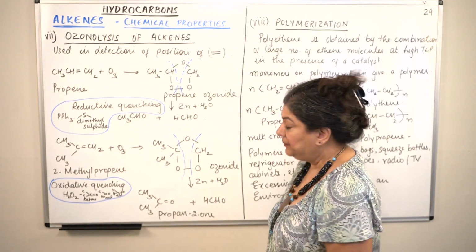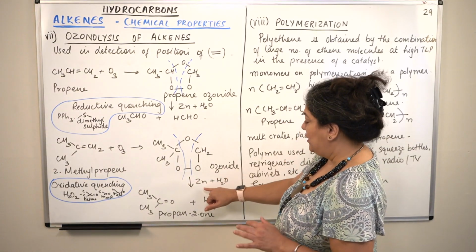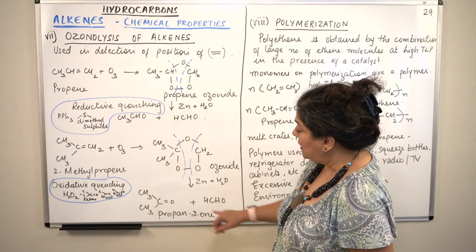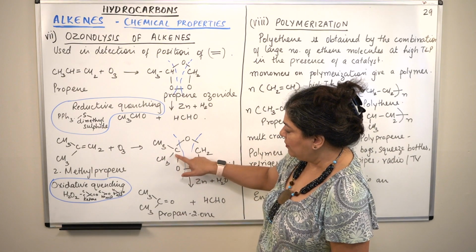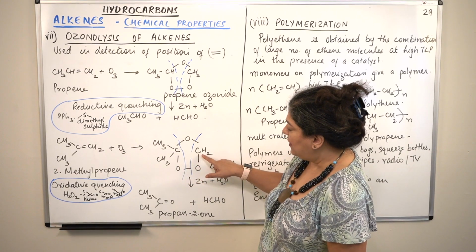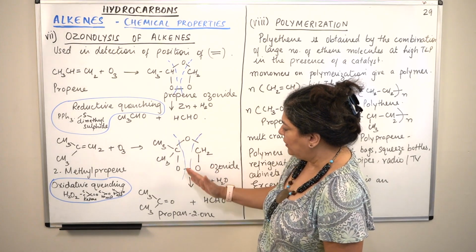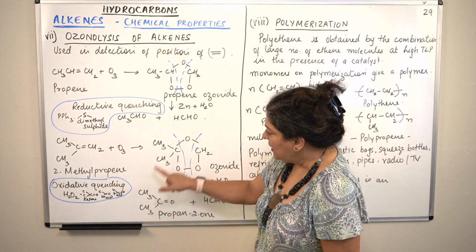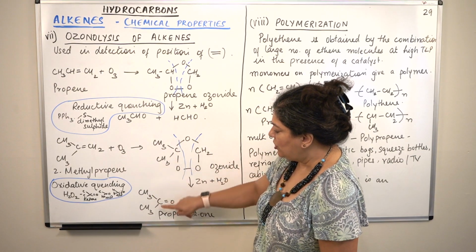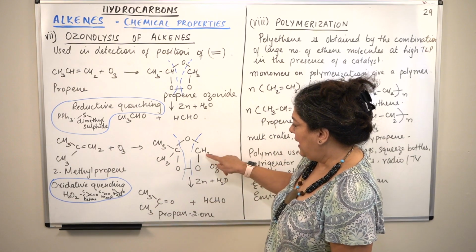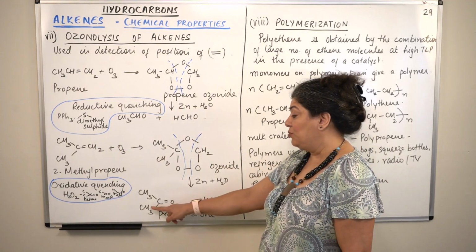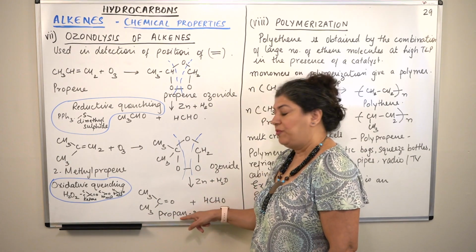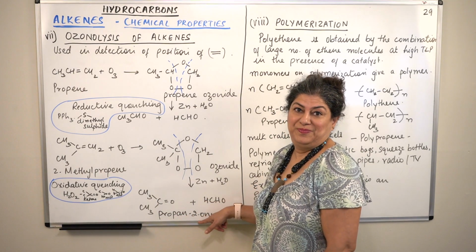What are the two products that you would get? Again with zinc and water, the two methyls, the carbons remain as such. This carbon forms a double bond with this oxygen, and this carbon forms a double bond with this oxygen. All other bonds are broken, so you get two products, CH3, C double bond O, CH3, and here you get HCHO. That is, you get methanol here, but since both of them were substituted, you get propan-2-one, right?